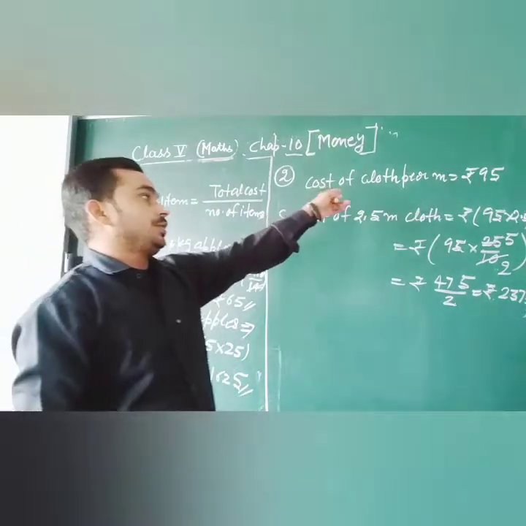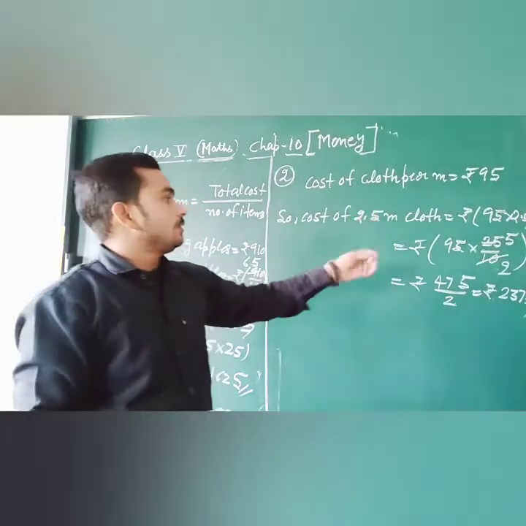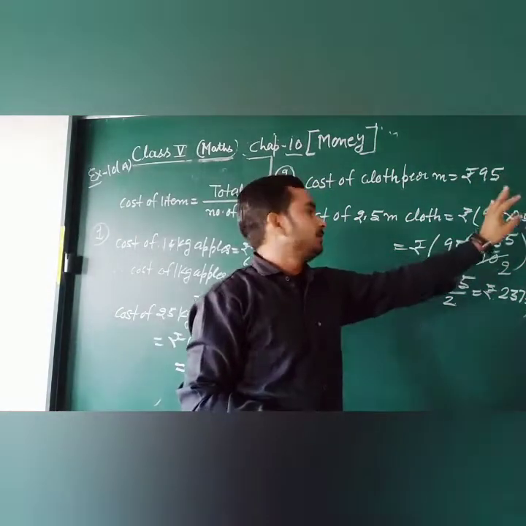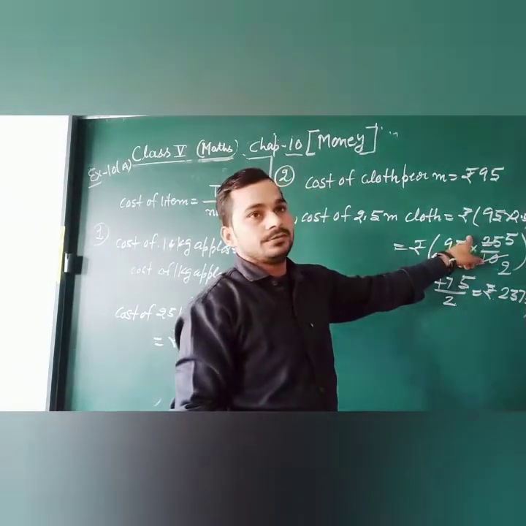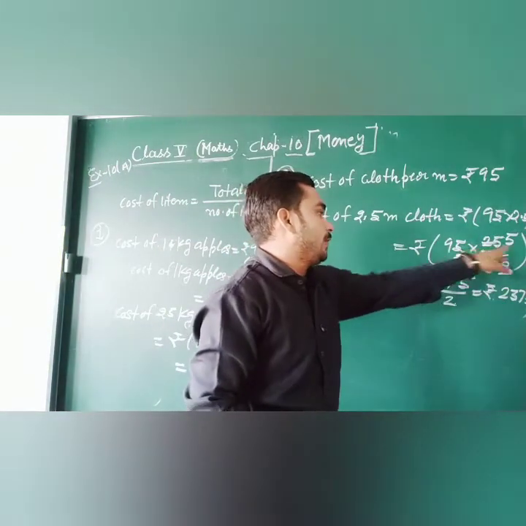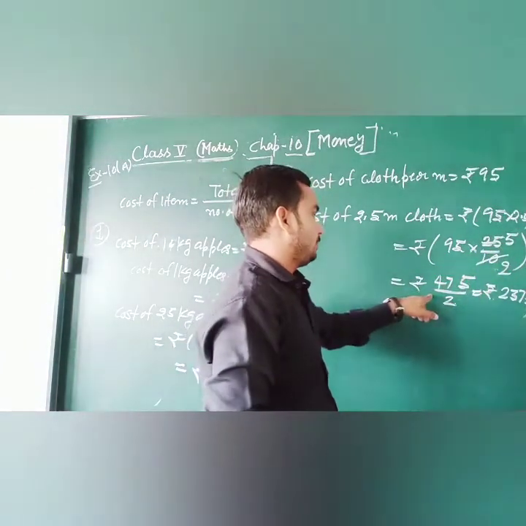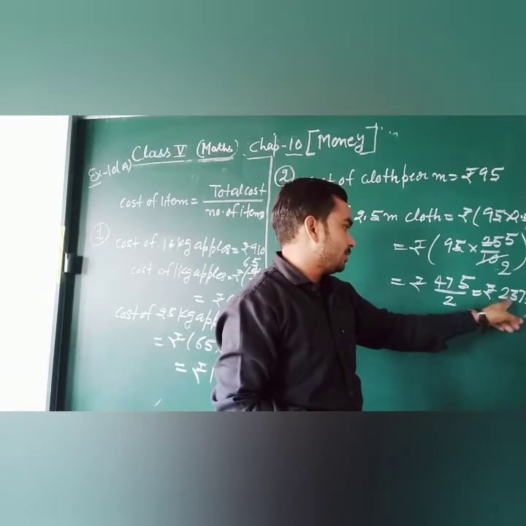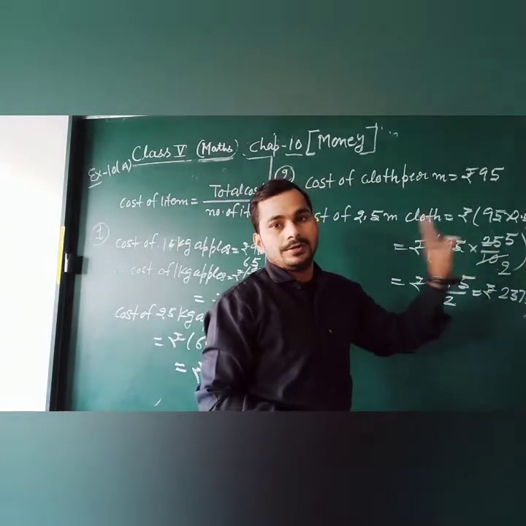Because the cost of 1 meter cloth is given as 95 rupees, you have to find out the cost of 2.5 meter cloth. So we have to multiply the cost of 1 meter by the total length of cloth, 2.5. So when you multiply 95 by 2.5, we do decimal point, divide by 10. 5 5s are 25, 2 is carry, 5 9s are 45 plus 2, 47, so 475 upon 2. When we divide by 2, 2 2s are 4, 2 3s are 6, 2 7s are 14, 1 is carry, take the decimal point, repeat 0, 2 5s are 10.